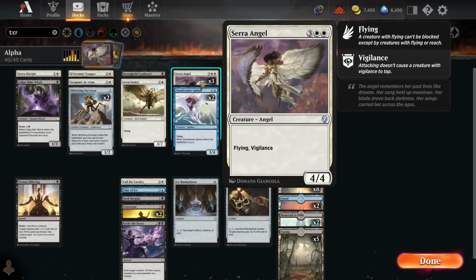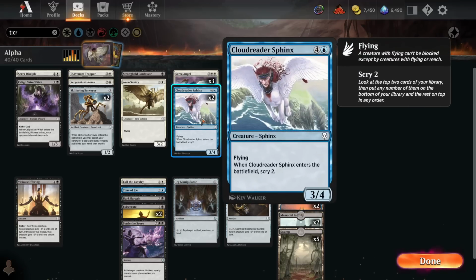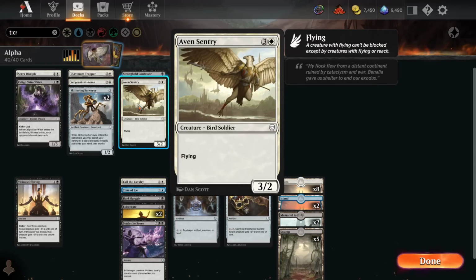Very good evasion, and we're just trying to really leverage our big flyers to close out the game quickly when we hit that mana cost. We also have double Cloud Reader Sphinx off the splash in the sky to try to kill our opponents while setting up our draws with that Scry 2, an Aven Sentry at 4 mana for another flyer to put pressure on,